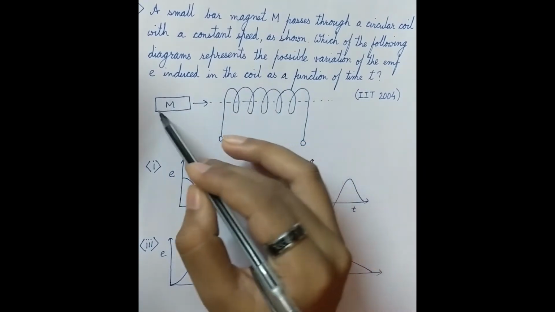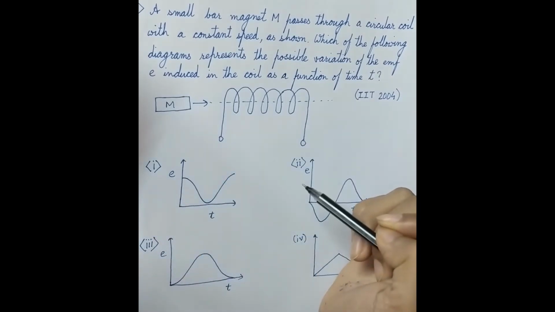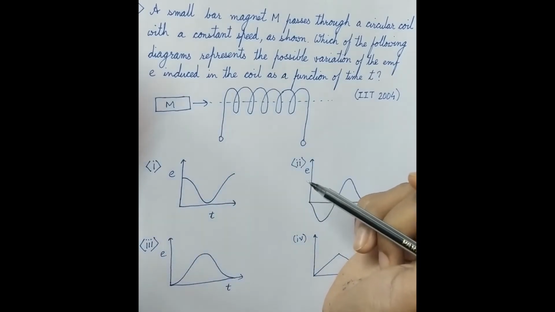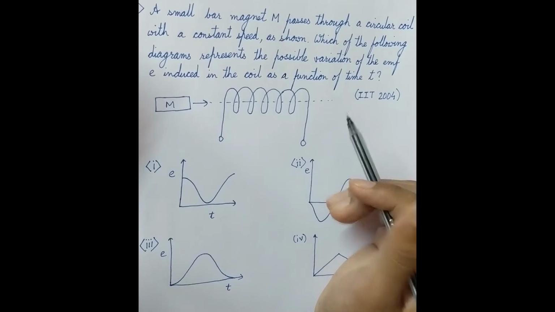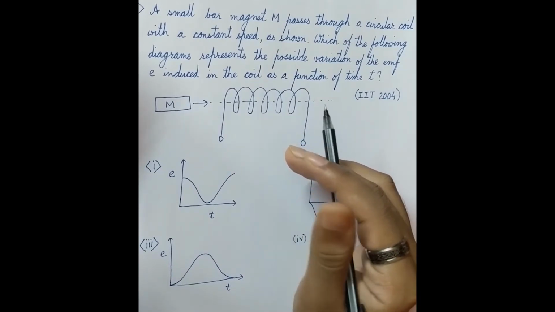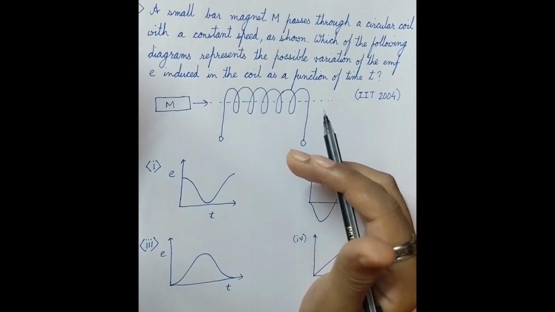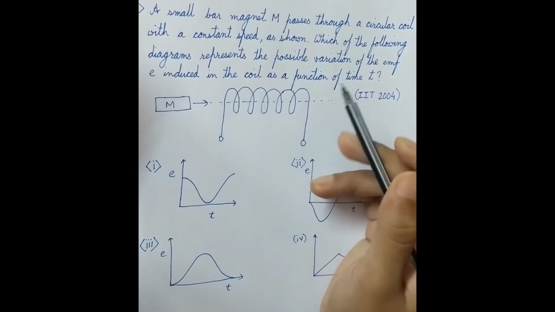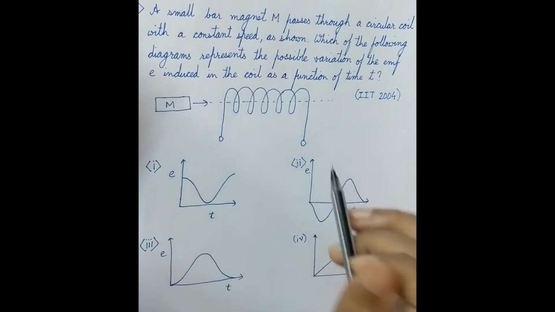Then you have the coil, you have the magnet which is moving towards the coil in this direction. Now you have done the Fleming's left hand, Fleming's right hand rule. I would suggest you not to go for that. Instead, always stick to Lenz's law. It may seem a little difficult in the beginning, but as time passes and you get better at it, it's much better for your competitives. So let's start with what happens here.